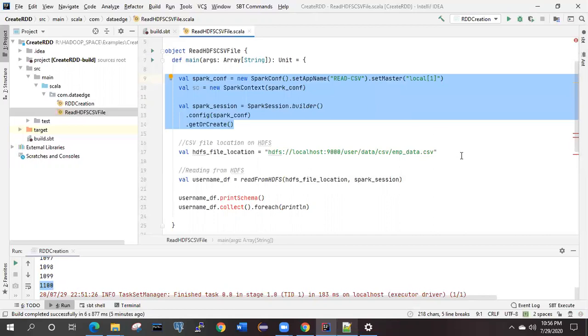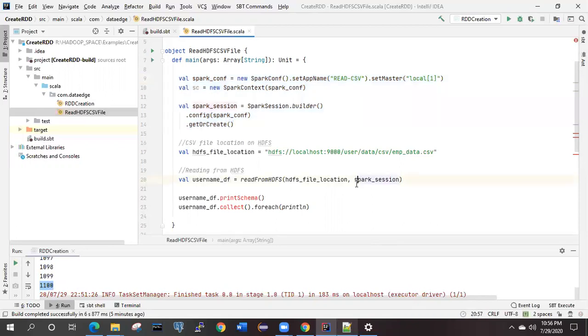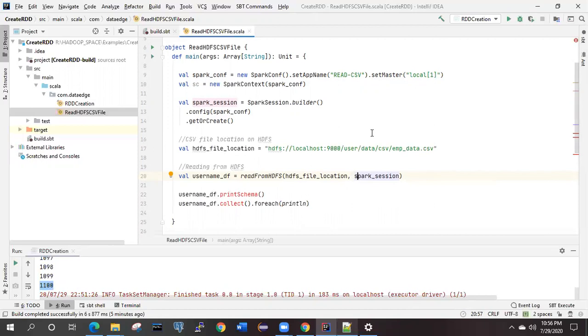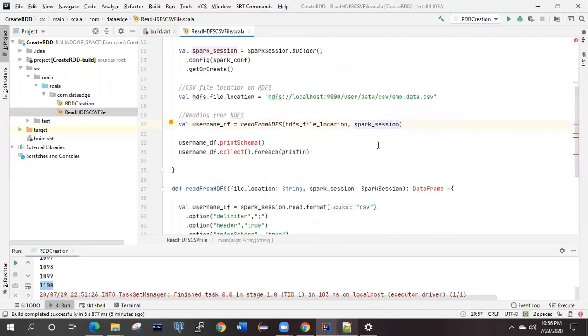Now after doing the configuration, what do you have to do? You have to take one HDFS file and make sure where HDFS is and at what location your HDFS is running, that you need to specify over here. I will tell you what you have to do, but I am explaining the code over here now. I have taken this HDFS file location. Wherever the cluster is running, you need to specify the location with the file name. This you can hold in one variable.